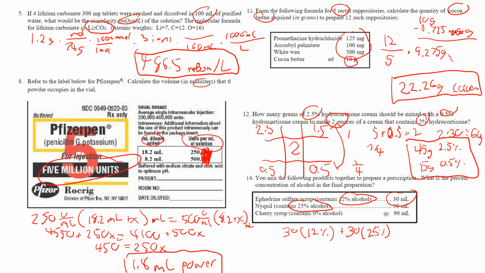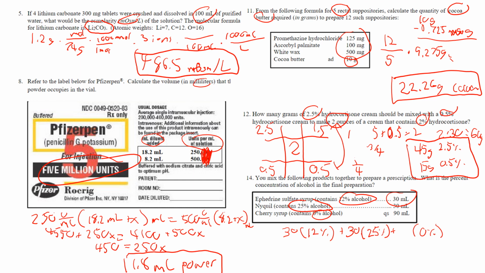And then this last one is cherry syrup. There's no alcohol. So the correct way to do this is to do 0% times